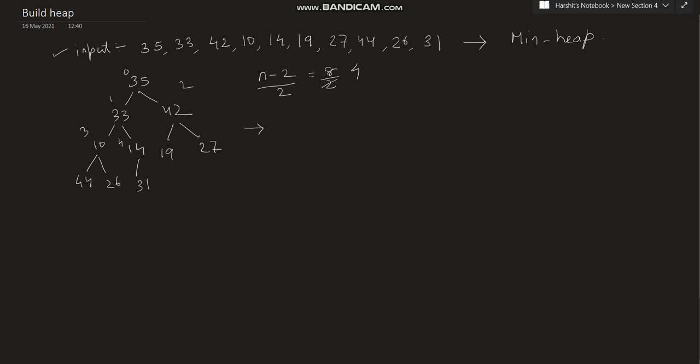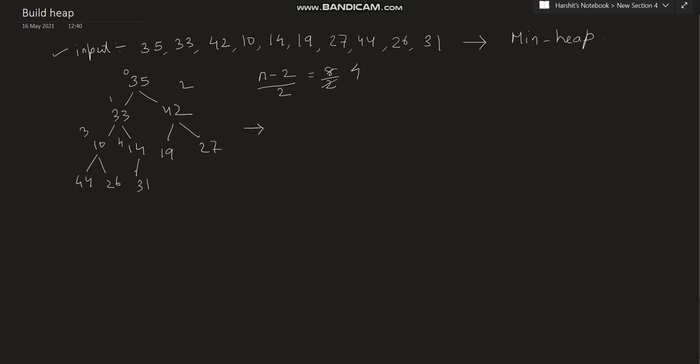Min heapify operation is used to restore the property of the heap. It can be a max heap as well. If it's the case of max heap, we will be performing max heapify, and if it's the case of min heap, we will be performing min heapify. So now we will be performing min heapify on the node having value 14. If we are currently at 14, we will be comparing 14 with the left child value and the right child value, and after that we will be moving in a smaller direction.